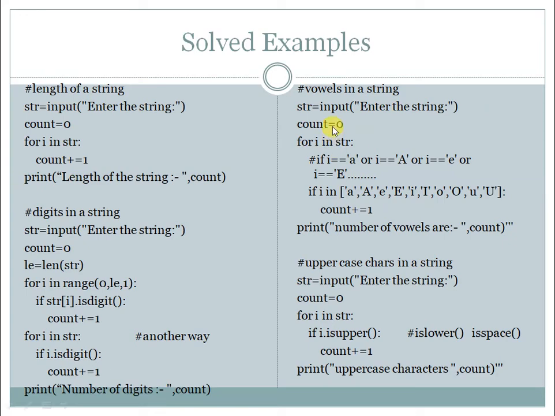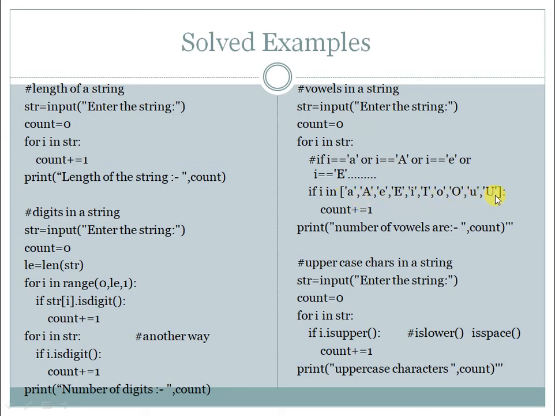Similarly, count, that means you have to take a count variable. So you write for i in str. There you have two methods. Either you can use an if statement. How? If i is equal to a, or i is equal to e, and similarly, but you have to write many characters here. Another, shorter way is, if i in, and then you write all the vowels, small